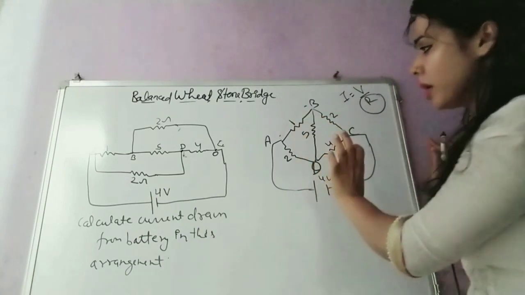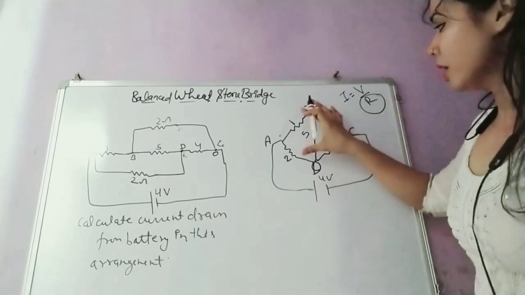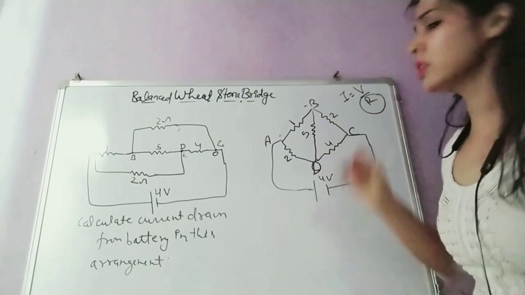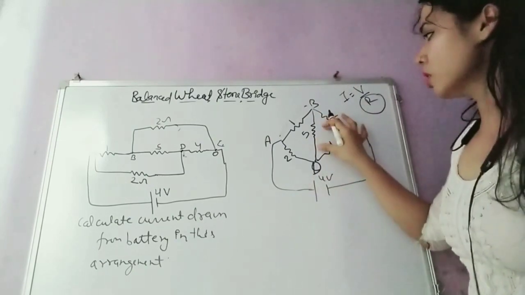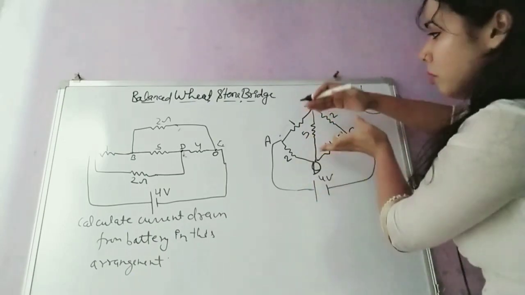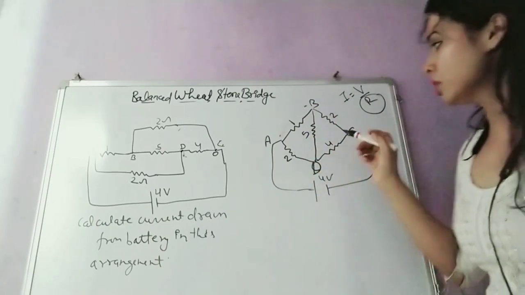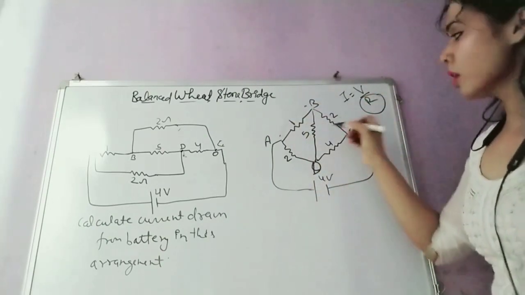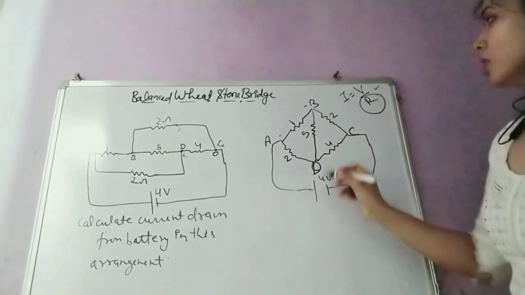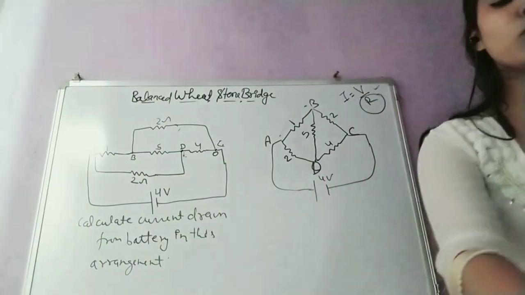So if we show that it is the balanced Wheatstone condition, then what will you do? If it is the balanced Wheatstone condition, we will say that the current through this resistor is 0. Then these two will be in series, and finally they will be in parallel. So finding the equivalent will be easy, more easy. So when we get the equivalent resistance, we can substitute that value in this formula and find the current through this. So that will be more easy, right.